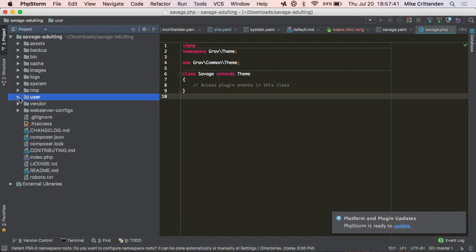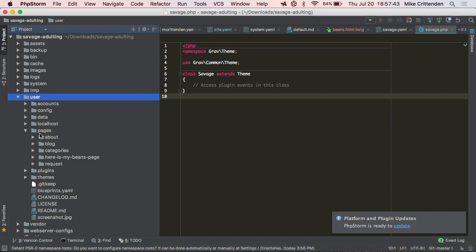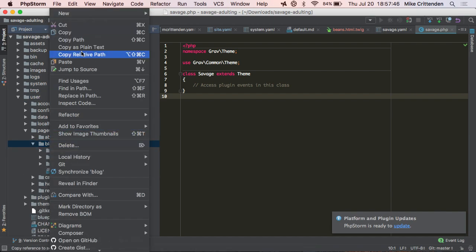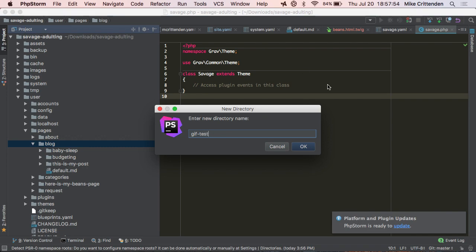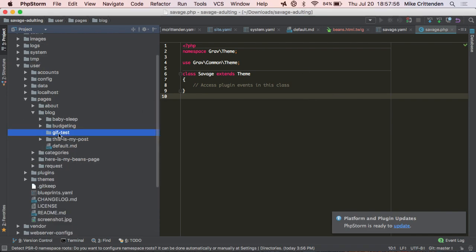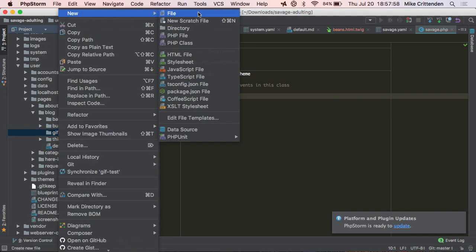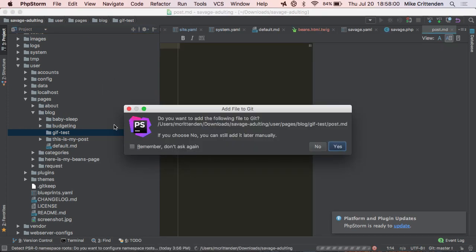So let's go back to pages and create a new post by just creating a directory. New directory. I'll say GIF test. And I'm going to still keep using the post page type, so I'll just name it post.md.